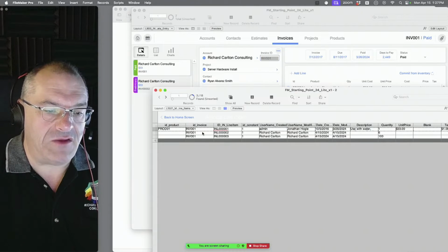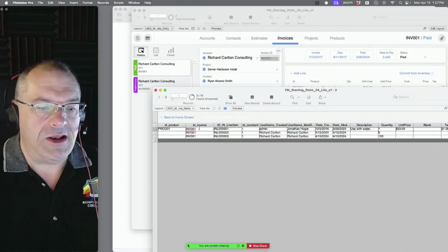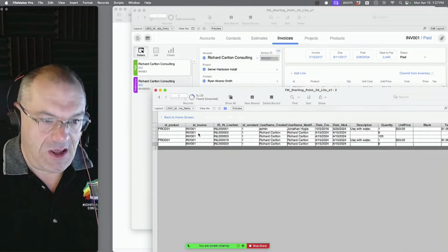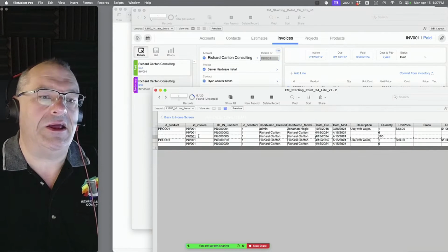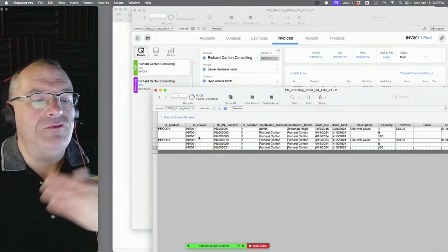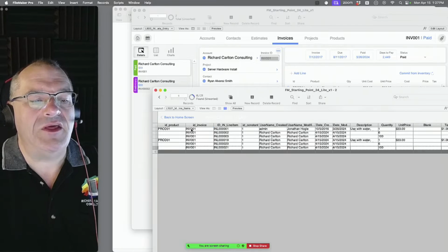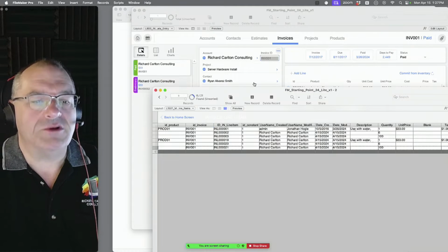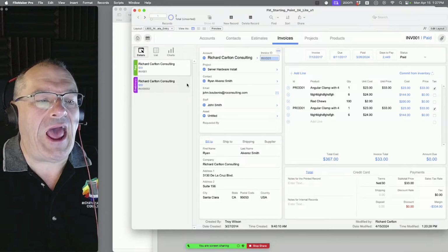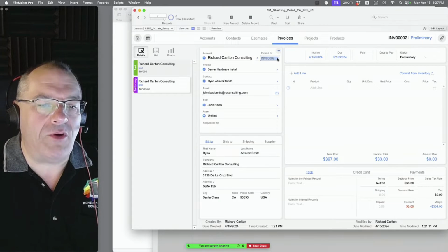And I say, okay, so I'm going to click on the first one, and I'm going to duplicate it. And then I'm going to go to the second one, and duplicate it. And I'm going to go to the third one and duplicate it, right? And so now you've duplicated these, but they have the wrong invoice ID on them. Well, Stan, what you have to do is as you duplicate them, you would have grabbed that invoice from over here and stuck it in here.